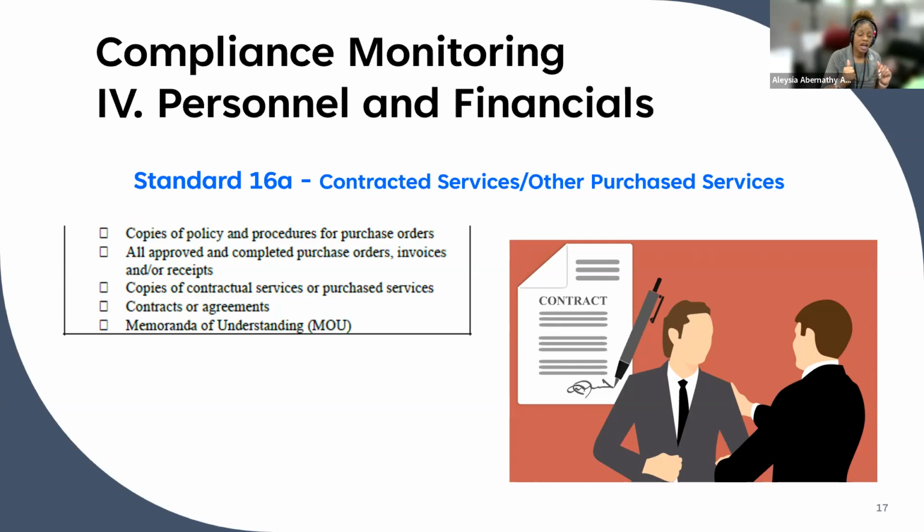All right, copies of contractual services or purchase services, contracts or agreements, MOUs or MOAs or anything of that nature. This is where you want to make sure that you show that you did your due diligence and followed the guidelines of the federal program or the 21st century grant, and that you just didn't say thank you for your services, but you actually had a contract with them, even if it's not paid services. But if you know that they're providing services to your boys and girls at your sites, then there should be